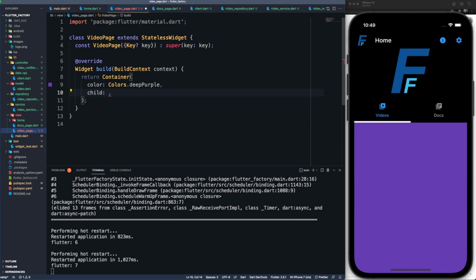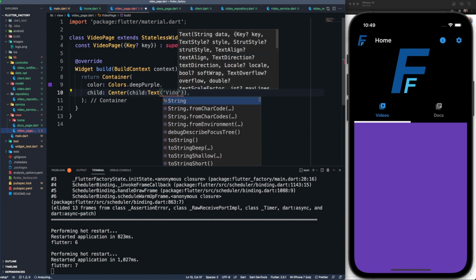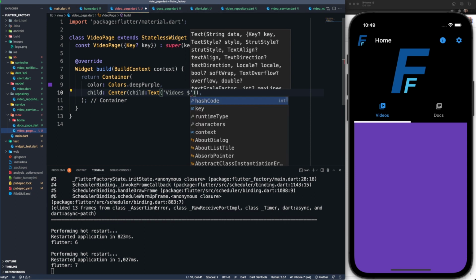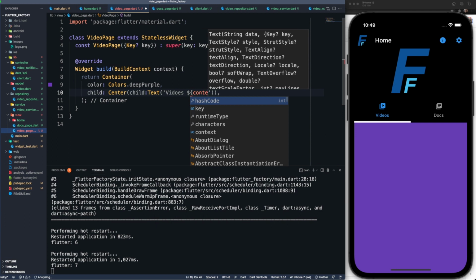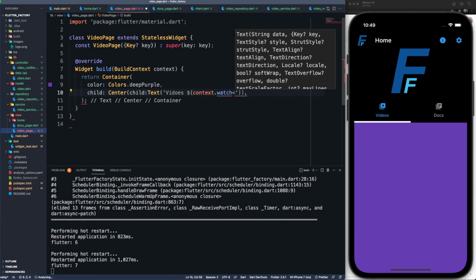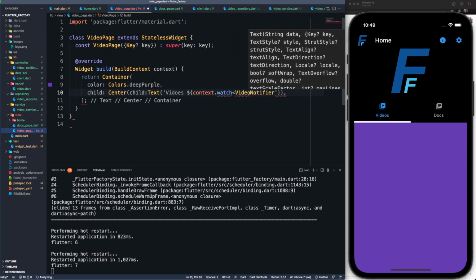So for this, first let's do a center. So center, and child, and then do text. And for the text, I'm going to say the word videos. And for this string here, we're going to get this data from the provider. So I'm going to say context dot watch. So again, if you're not familiar with provider, please go look at my videos. Context dot watch, and then I'm going to use that video notifier here. So video notifier,